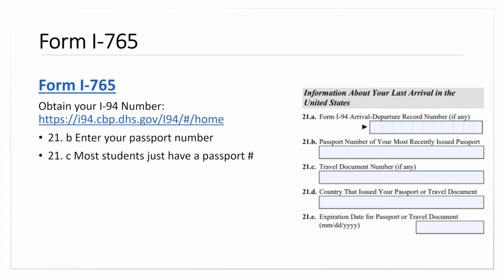In order to apply for work authorization, you should always have valid documents. Your passport should always be valid 6 months into the future. So when you get to this point and you notice that your passport's expired, you're going to want to renew it as soon as possible, because again, your status in the US is based on you having the documents that keep you in status. That's a valid I-20 and a valid passport.